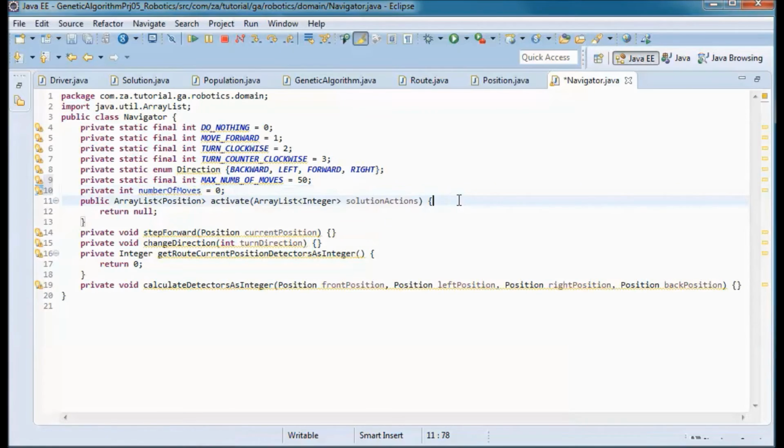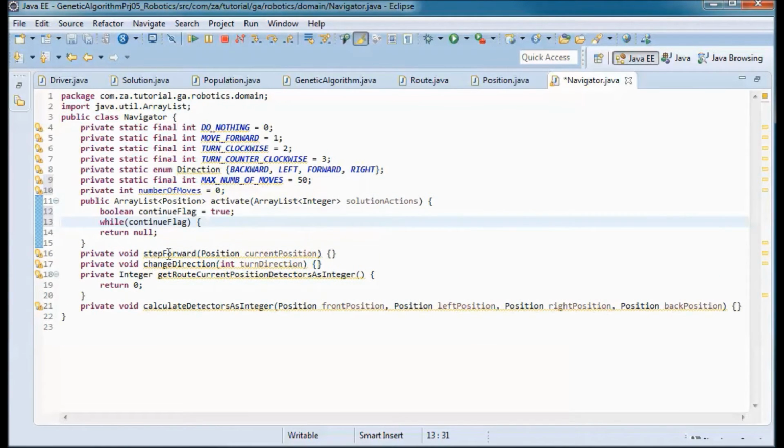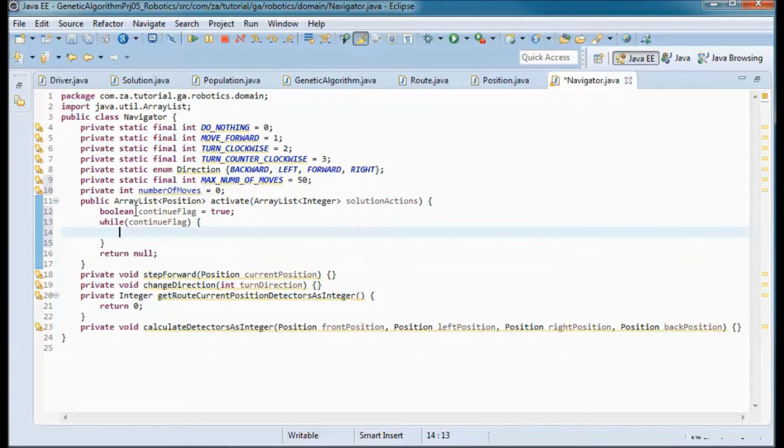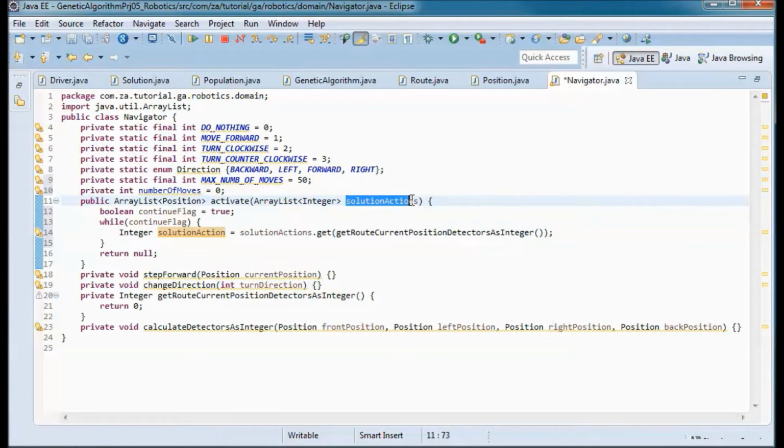And in the activate method, let's say we have a continue flag that we start with true, and we will pick up the solution action. So here we're passing the actions for a solution. So we have a specific solution action based on the state of the detectors, and we pick up those as an integer.